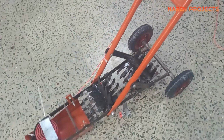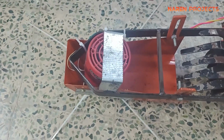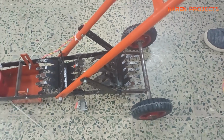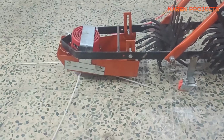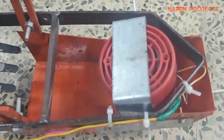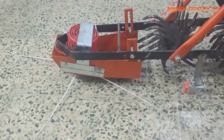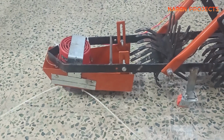Hello guys, today we are going to see the project demonstration of a mechanical project, design and fabrication of manual paddy weeder with grass cutter. Actually, the concept of this project is we are going to design a manual paddy weeder. This manual paddy weeder is available online. From the manual paddy weeder we are going to add some attachments like a grass cutter and free wheels and